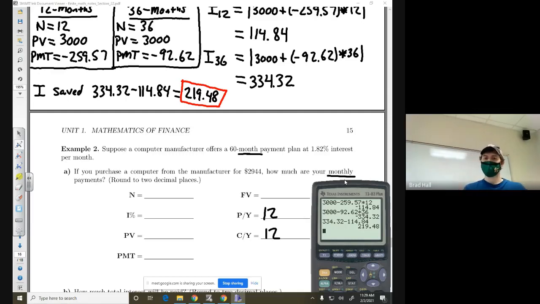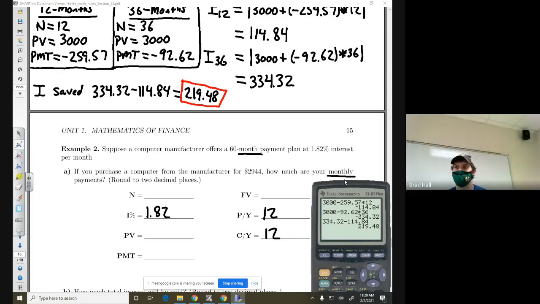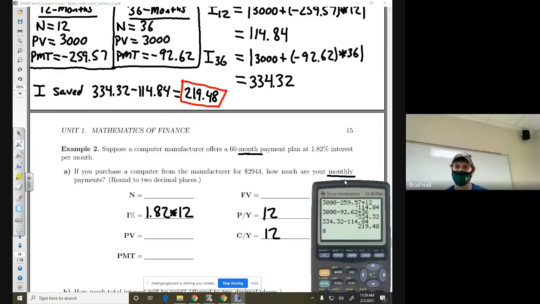The interest rate here, this is the only reason why I picked this problem. You would look at it and think, all right, 1.82. It seems very persuasive. Times 12, right? It's going to be times 12. And you're probably thinking, why is it times 12? Because it says per month. Yes, exactly. It does say per month. So this is the only problem that I saw, maybe there's another one, but this is the only one I recall that will mislead you into thinking that 1.82%